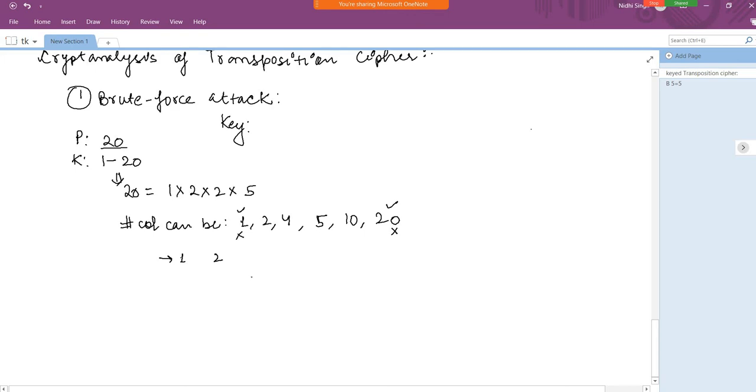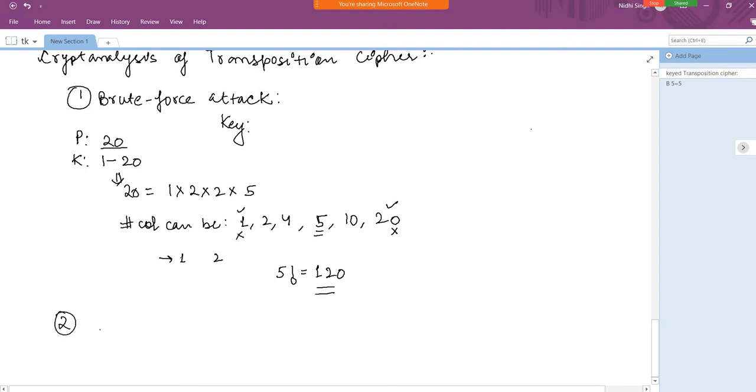So how many permutations are possible? In the previous example, we depicted 5 columns. So how many permutations can the attacker perform? That is 5 factorial. It has to check 120 times in order to generate the correct text. So it will be very easy for the computer to print out the 120 plaintext values on your screen. For a human being it's a very difficult task, but for the computer it is very easy. So it is very prone to the brute force attack. It is not a secure cipher.